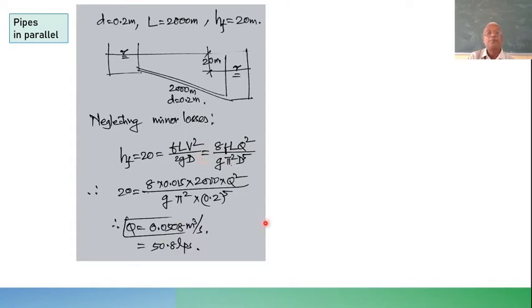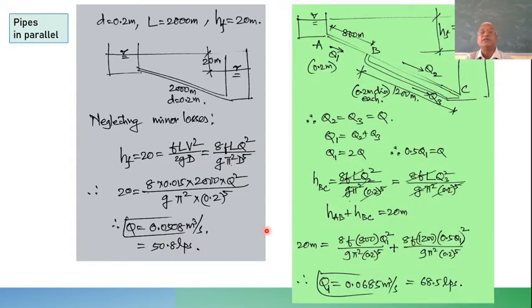That's all. Okay. Now further in this problem, what is done is, look at this. For 800 meters the pipe is kept the same, but for the remaining 1200 meters they have added one more pipe of 1200 meters having the same diameter 0.2 meters, right? And they have added it parallel to the earlier pipe, one more pipe is added and joined to the reservoir. Now the earlier pipe is anyway 0.2 meters. Now whether the discharge remains the same or it increases, it should increase. You can see in the end answer that it has increased. Now how to calculate that?